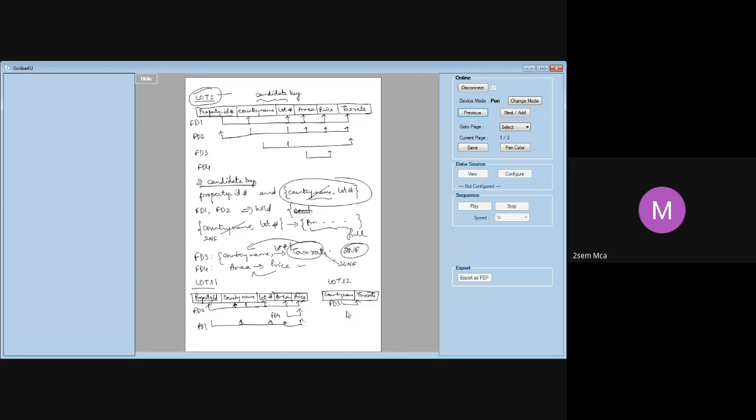Lots 2, that is your FD3, is in third normal form. Because why? X is a super key anyways. Country name is a super key. Even though tax rate is not a prime attribute, country name determines tax rate. Country name is a super key. So this lots 2 is in third normal form. So that way no issues. Come back to lots 1. Look at this FD4.